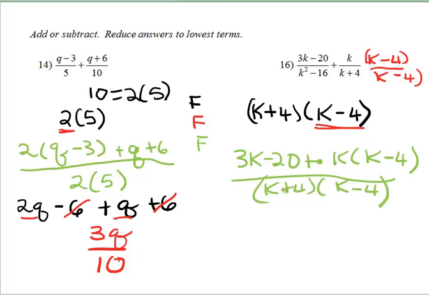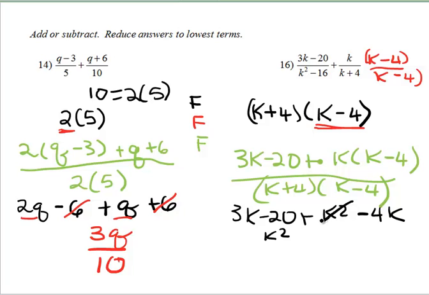Now let's do some work up here. I have 3k minus 20 plus k squared minus 4k. Let's combine them. K squared will be first. 3k minus 4k will be minus k. And that leaves me with the constant of negative 20. I can factor that as k minus 5,